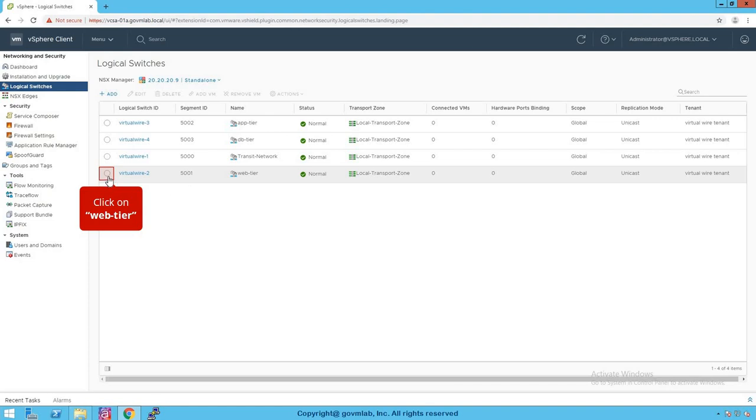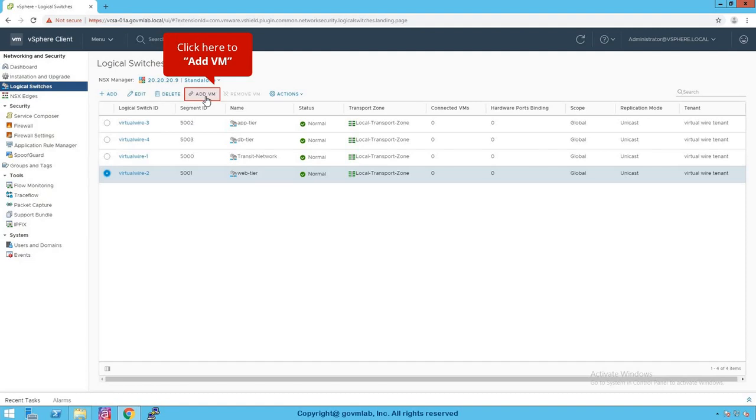Now, what we need to do in this particular lab, as we discussed, is attach our virtual machines to the logical switches we created in our previous lab. This is our virtual wire 2, which is a logical switch with a VNI ID of 5001 and the name web tier. So let's attach some VMs to our web tier logical switch.